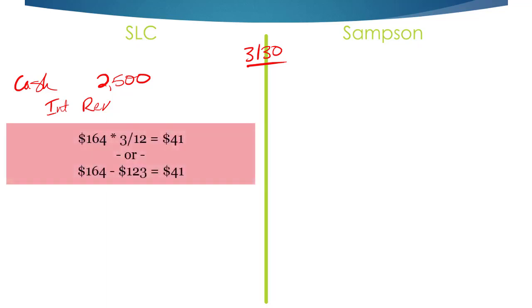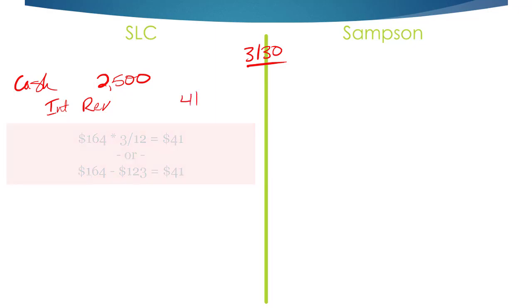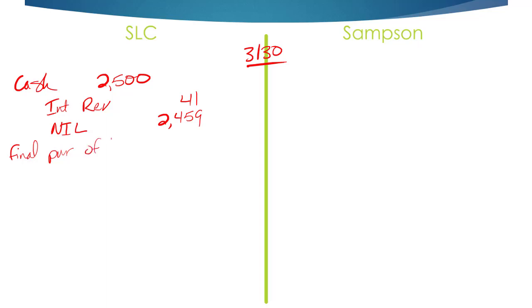So I take 164 minus the 123, and I record interest revenue of $41, and the balance goes into net investment in lease. That's $2,459, and that's the final purchase of leased asset